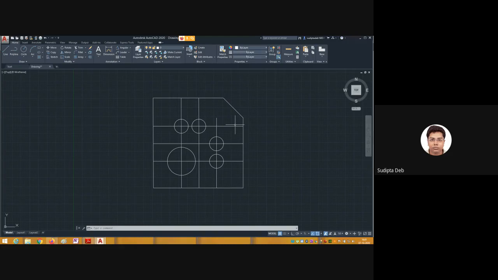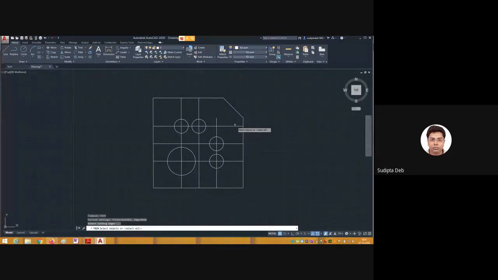So the command is trim. Write down the word, type it, TRIM. Now press single enter. Now this is my suggestion for trim. You have to press double enter. Otherwise, if you use single enter, it is very difficult to cut the object.